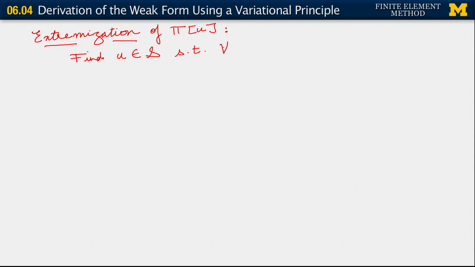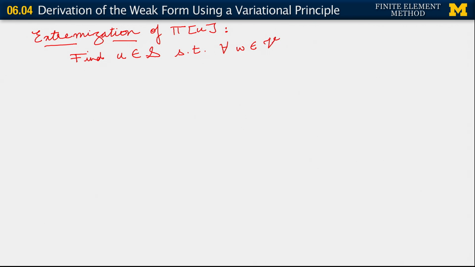remember that that variation that we constructed was based upon our field W, right? But W was really meant to just give us a certain type of variation, right? Therefore, when we try to find the extremization of pi, we want to find the extremal point, right? So we want to find this field U that extremizes pi, but for all possible variations, right, in a certain class. So what we say is that we want to find U belonging to S such that for all W belonging to V,